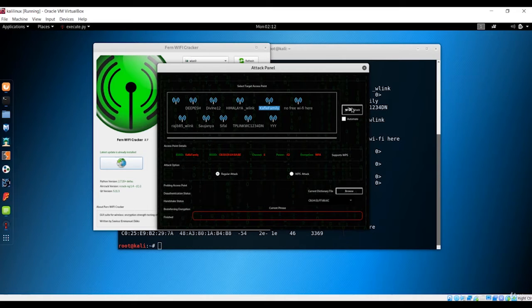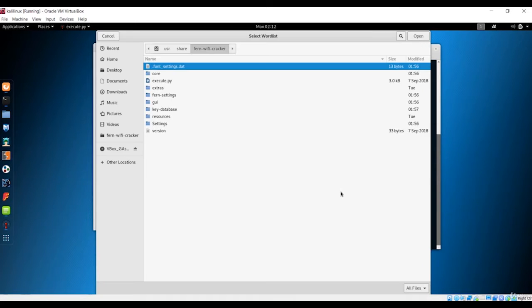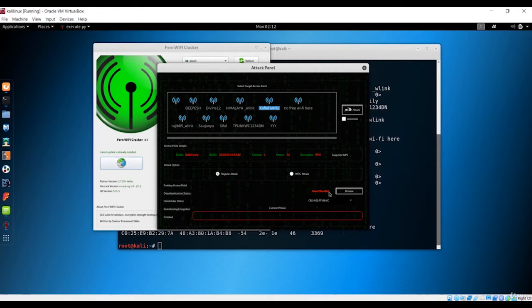If I say Wi-Fi attack, it just says to select a word list. So the next thing you can do is make your own word list with the Crunch application. We'll see that in the next minute, but you can make your own word list and use this GUI interface to crack any WPA.